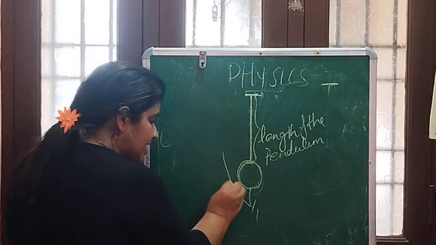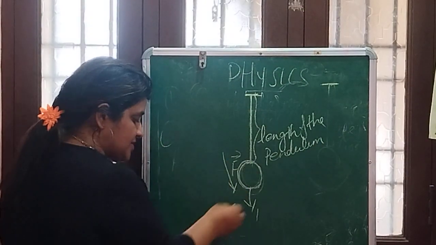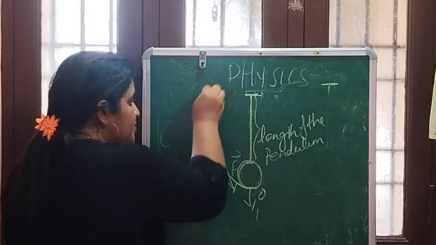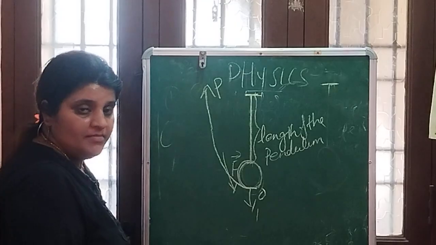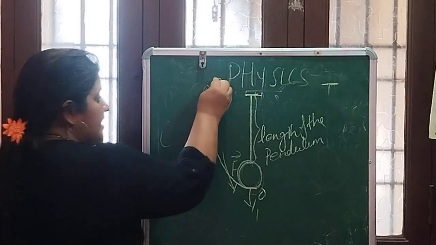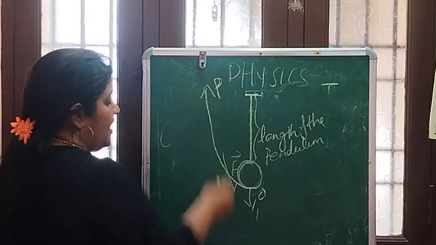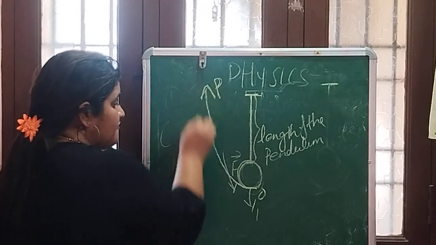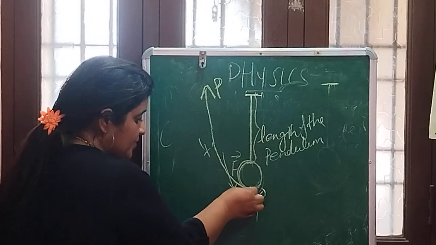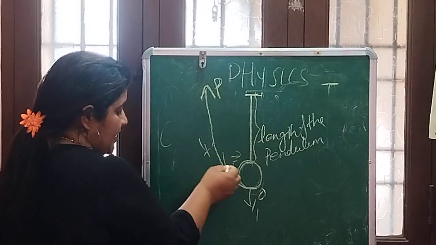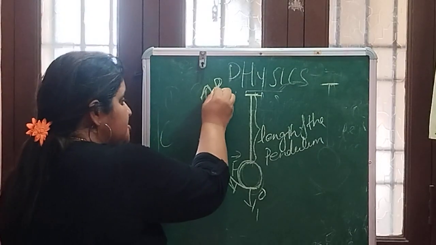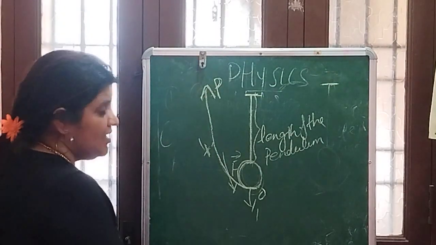Now, by applying an external force on this bob of mass M, we are taking the bob from the equilibrium position O to one extreme position P, with a displacement x. At this extreme position P, if we release the force,